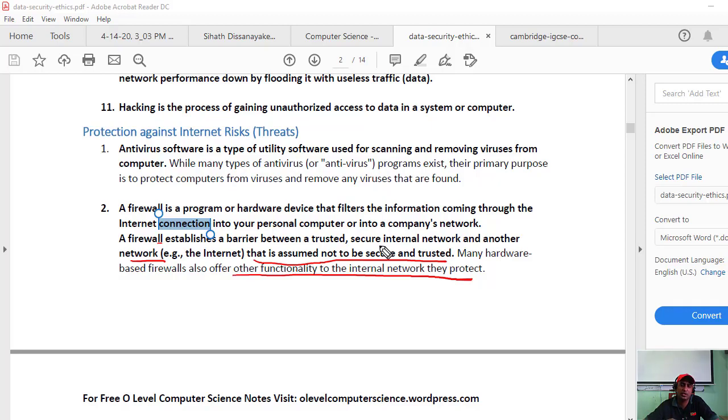So who should do the firewall configuration? It is done by security professionals. Security professionals are at the moment a very highly demanded profession in the IT industry. If you are qualified as a security professional, you can earn a lot of money at the moment. There are a lot of highly demanded positions, but you should have a high skill.